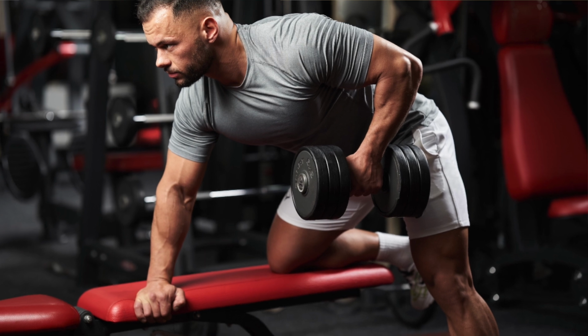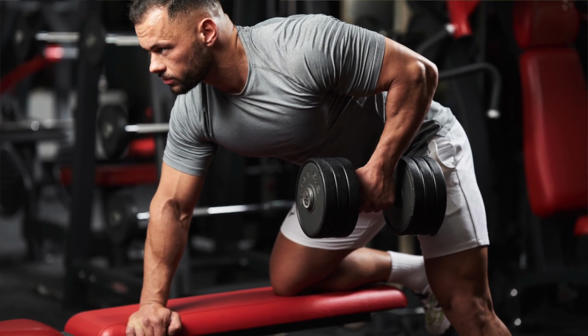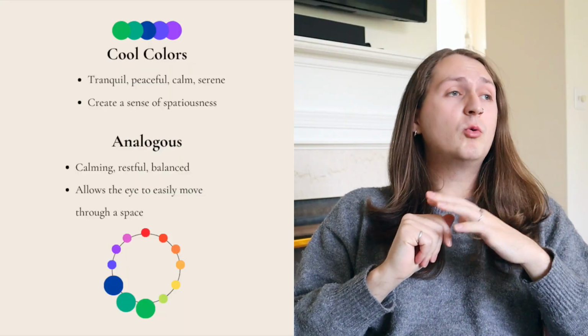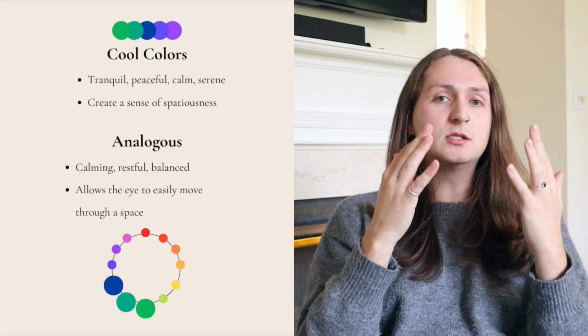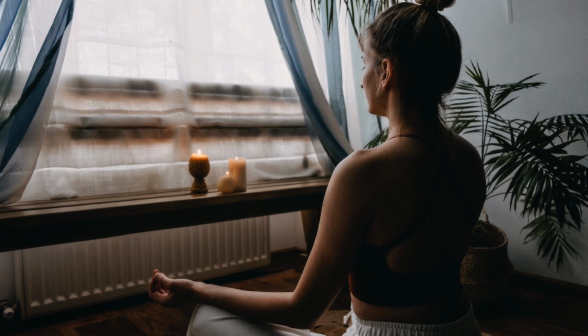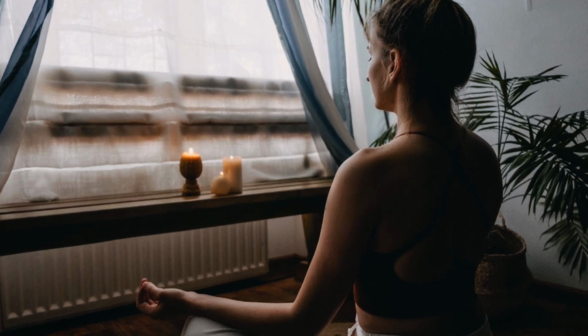Are you someone who likes to do more meditation, yoga, slow, calming breath work type workouts, or do you want really high energy cardio, weightlifting, like to be motivated and hit your workouts hard? If you want a calming, meditative space, you might want to look at an analogous color palette with cooler colors to create a serene, balanced, tranquil space that's going to allow your mind to be calm and facilitate slow, mindful